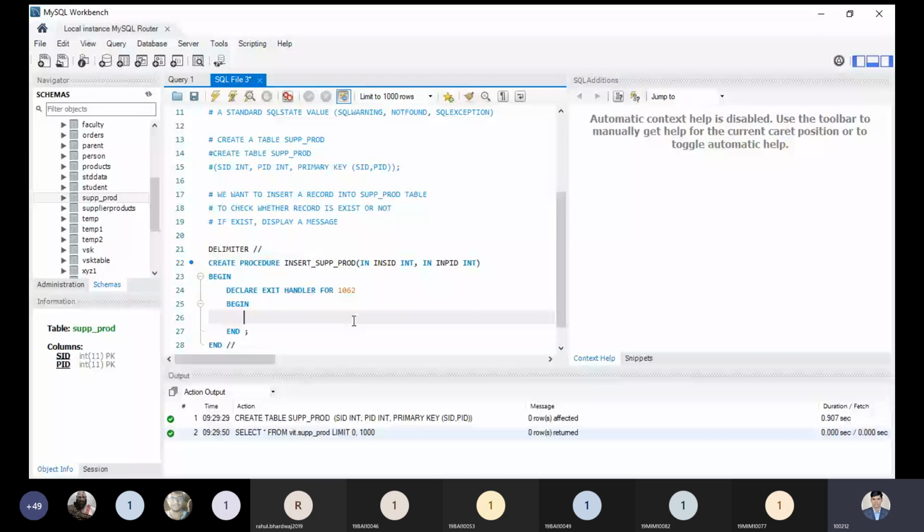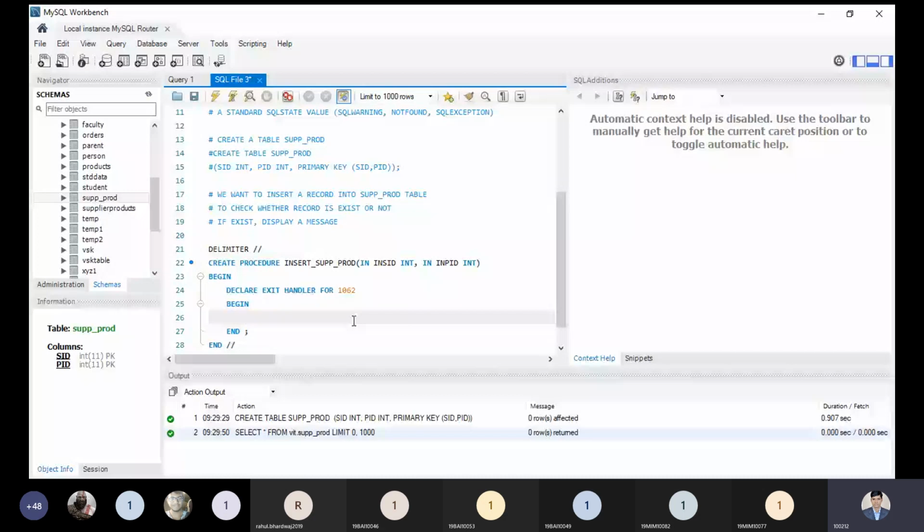Suppose we want to write the procedure language code to manage multiple exceptions. Then we have to declare the multiple exceptions above its block. Respectively, for each exception we need to check, we need to define multiple begin and end sections. So here we are handling one block. If there is some exception, it is to be managed by such a handler. And the exception is generated from which part? That is this part, the begin and end.